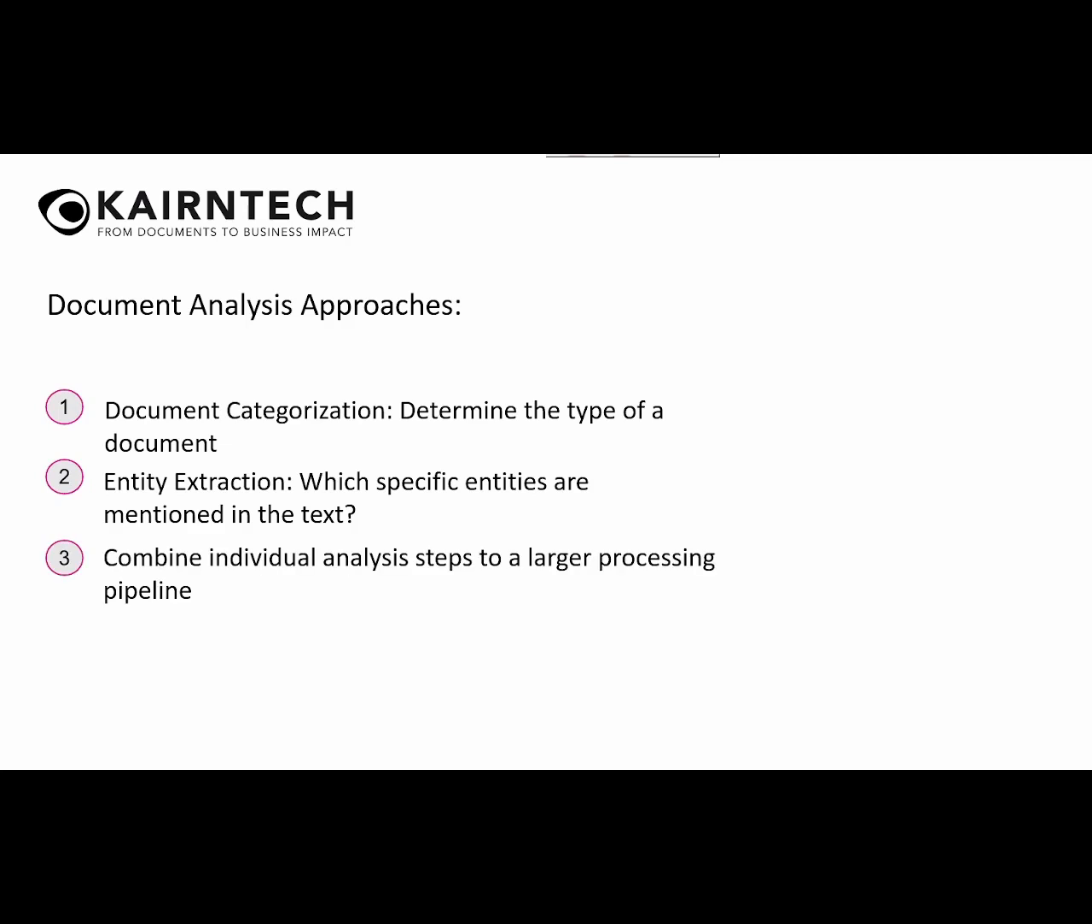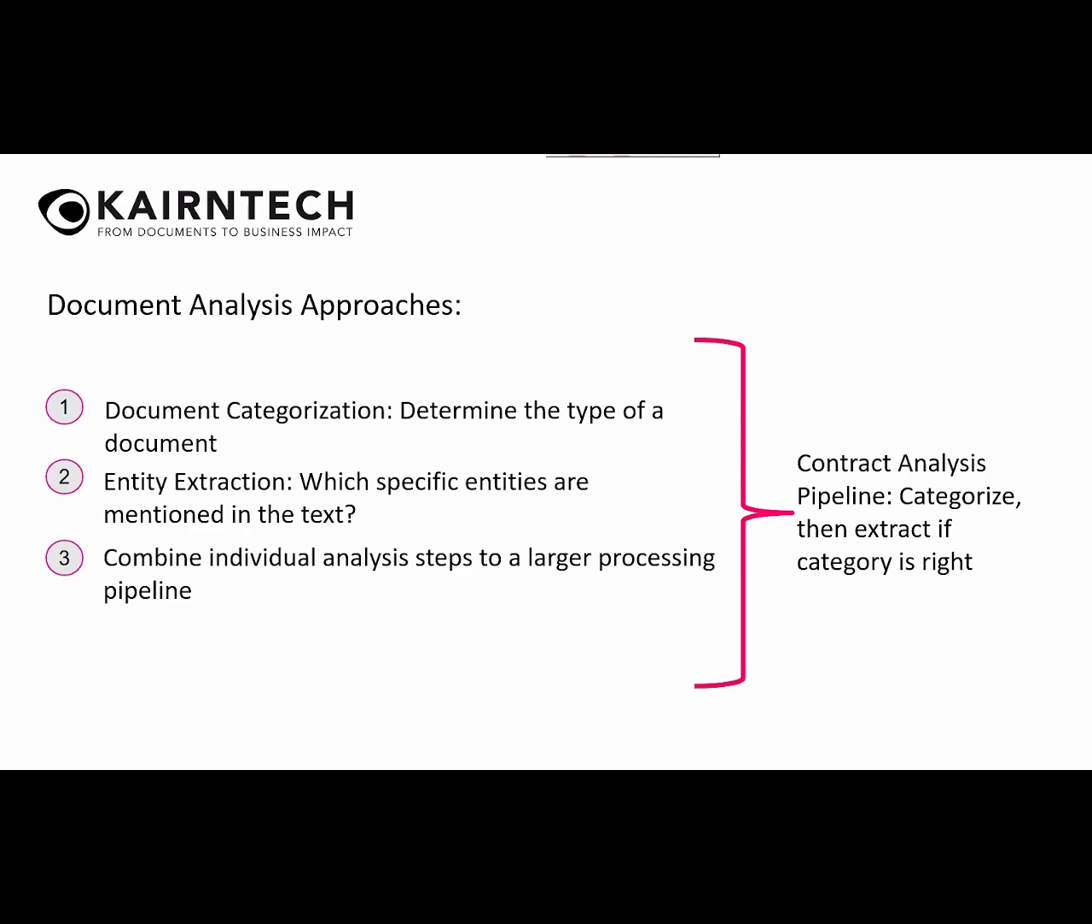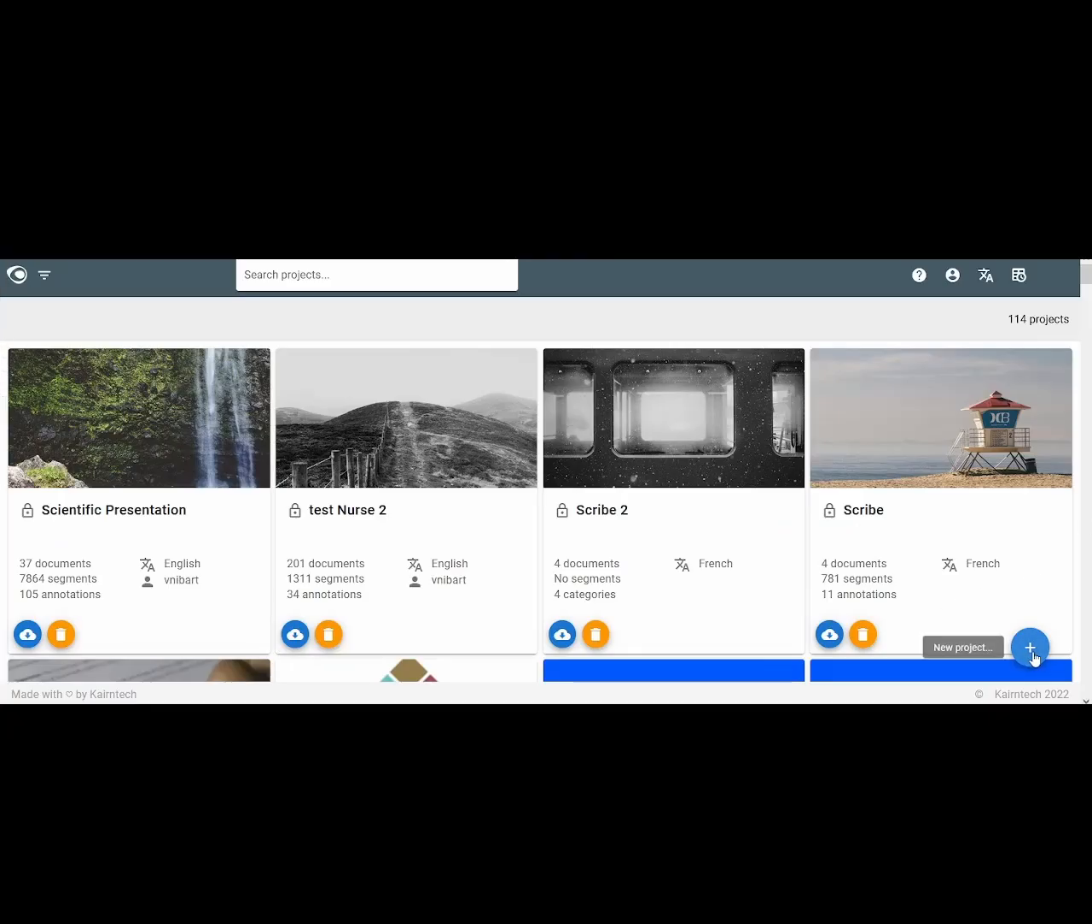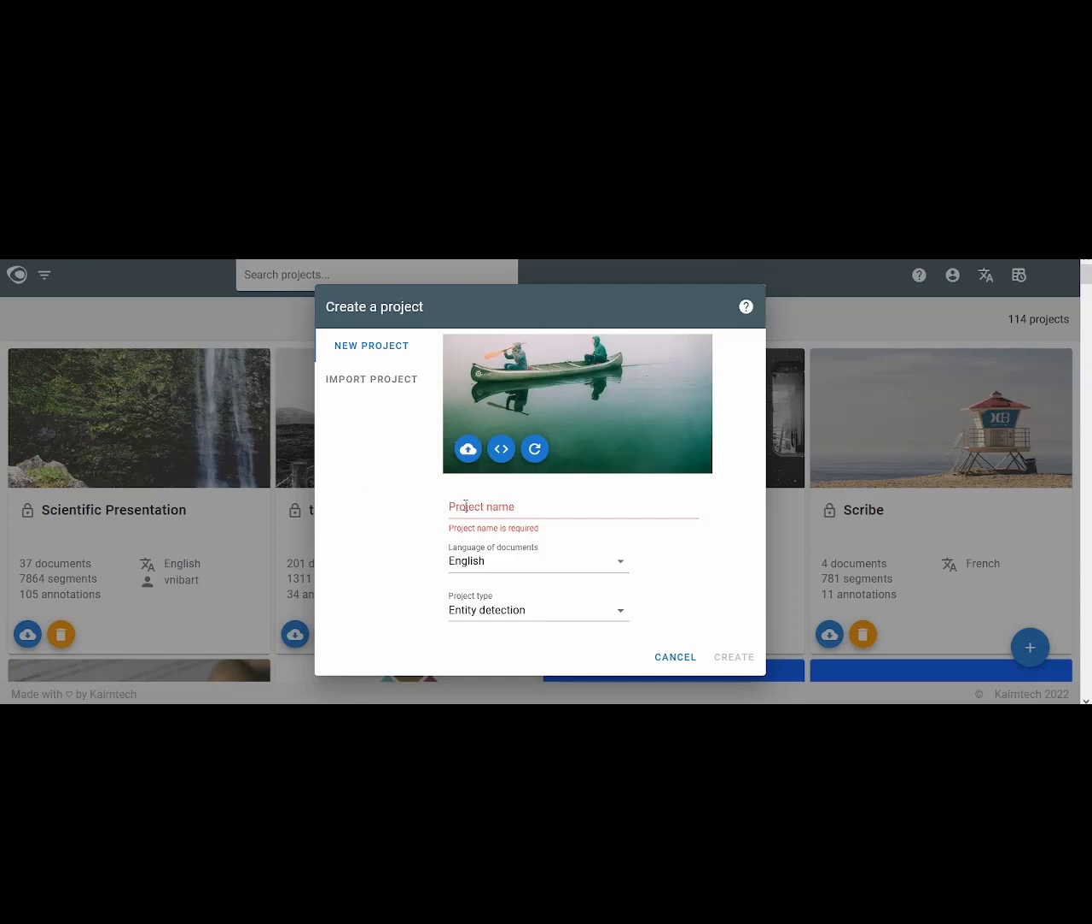So we're going to build a pipeline that first categorizes documents and then, if the category is right, extracts the respective entities. So let's proceed and build a project. We give the project a name. We will analyze different types of contracts first. It will be a document categorization